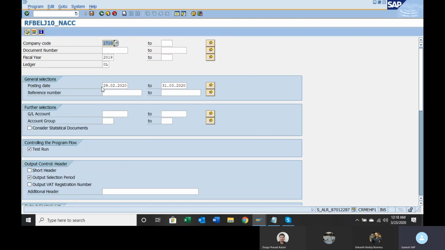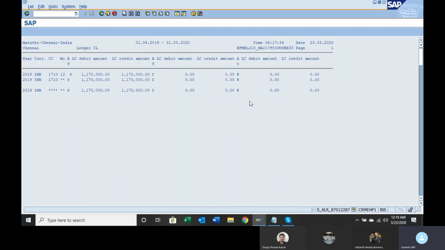This is my company code 2019. Let us execute. Posting date I am giving 1st of April 2019. So the total entire year I am giving. You can see what are the document numbers. These are the balances, right?